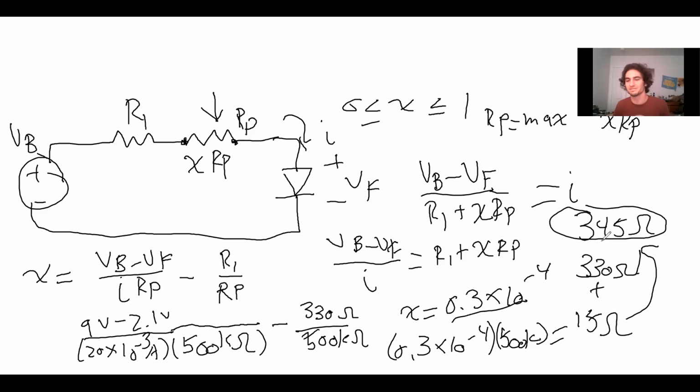So hopefully that shows you why we basically turn it so that this is 15 ohms, and then this is 330, and we get the 345 that we solved for in the beginning. So yeah, I guess that's kind of neat. Are there any questions there? It's kind of a lot of writing here, but